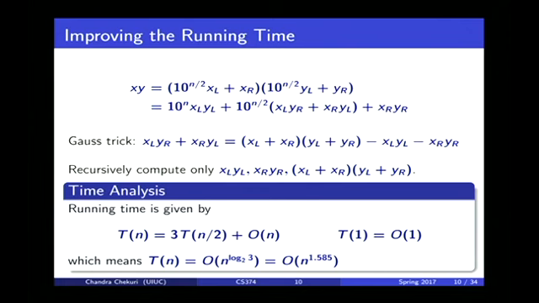So it is (3/2) squared. So at the last level, it is (3/2) raised to the log n to base 2, times n, right? It is not 2 to the log n, but (3/2) to the log n. Okay? So if it is 2 to the log n, it is n, right? But if it is (3/2) to the log n to base 2, what is it? It is n to the